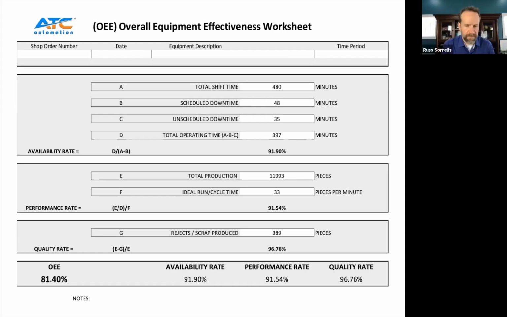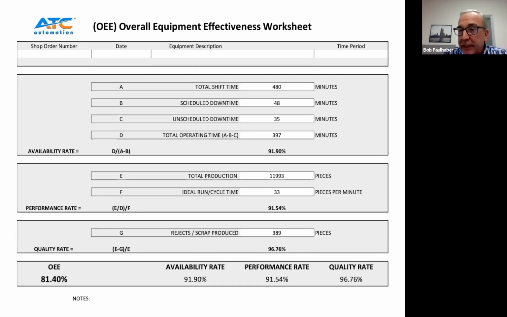Wonderful. So I have two questions. One is, if any customer says, hey, I'm interested in that spreadsheet, would you be willing to share that? Absolutely. Sure. And the second question is, as I think about a line that has 10, 20 stations on it, do we then go down to the station level and do the same evaluation at the station level? Yes, it's a great question, Russ.